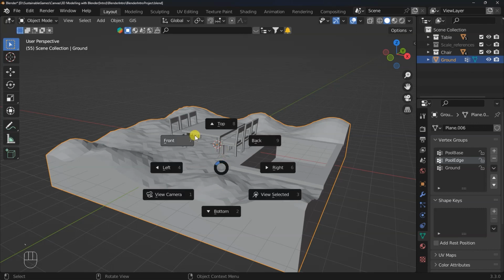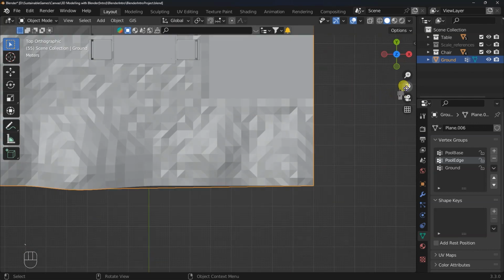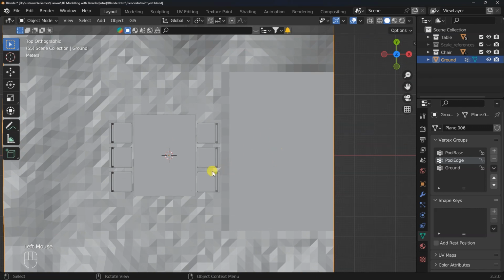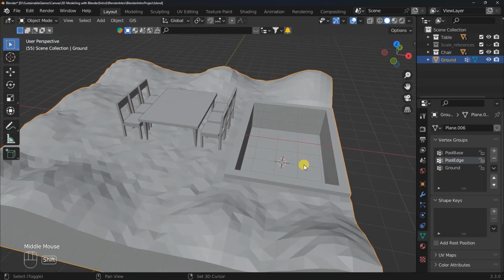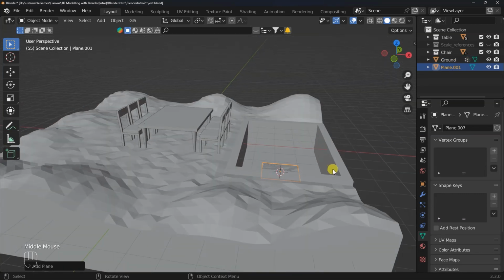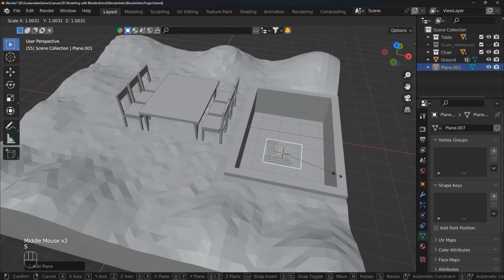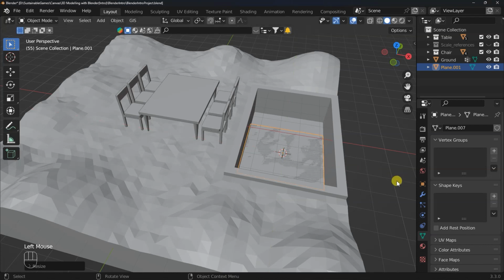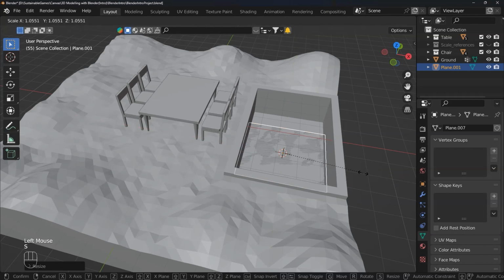So I will go to the top view, and remember, we've been able to learn a lot of quick steps. Moving the cursor over here, I will add a new plane, Shift A, add plane, and I will size it up. I'll constrain it to the Z-axis, Shift C to size it up a bit, S to scale on the Y-axis,